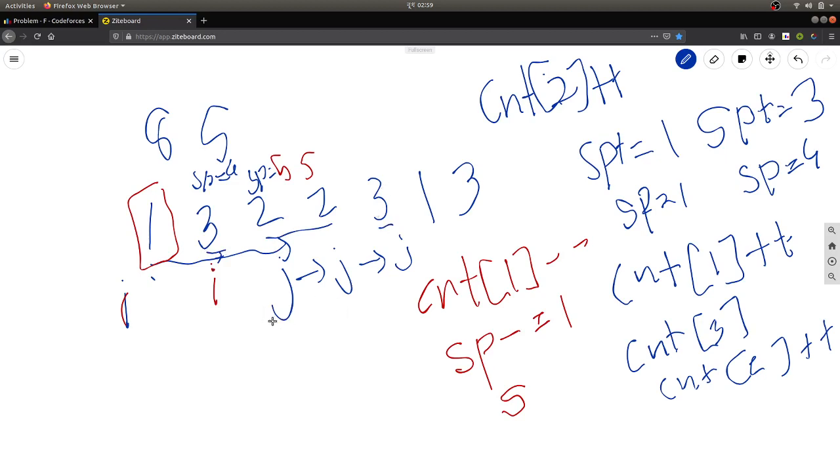Okay, if I go to the next and go to the next 3 and see count 3 is greater than 0, so we don't have to buy it, so my spend variable still remains 5. Okay, with 5 I can buy all of them, right? So